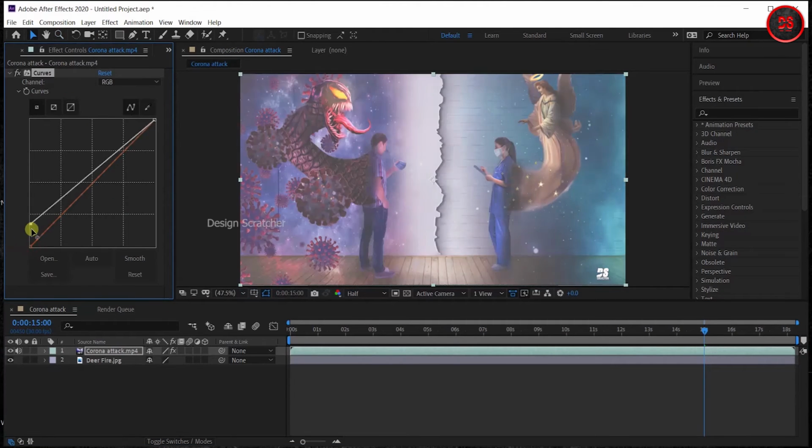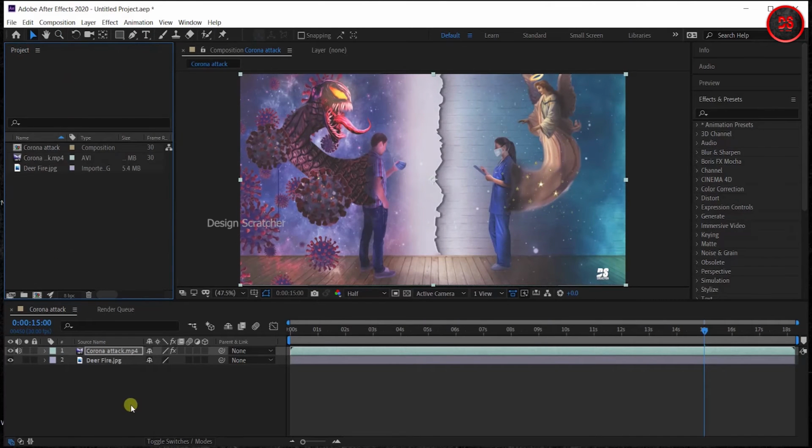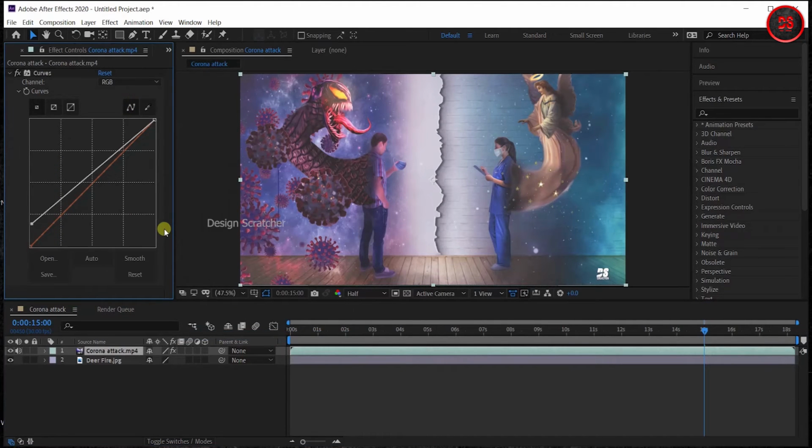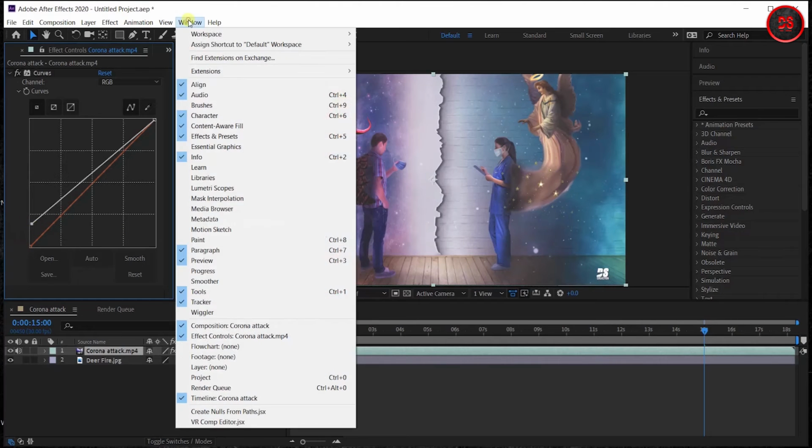If I close that panel first, it will be gone. How do I bring back the Effect Controls? Don't worry, click it, go to Window, Effect Controls, and it will come back. This is simple. Every panel, paragraph, and preview is here.